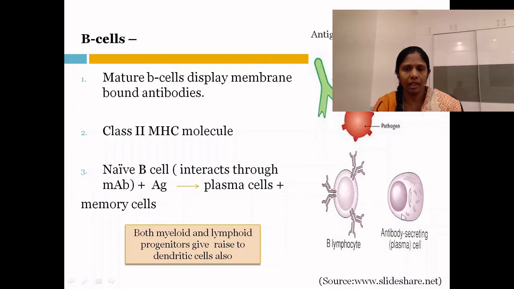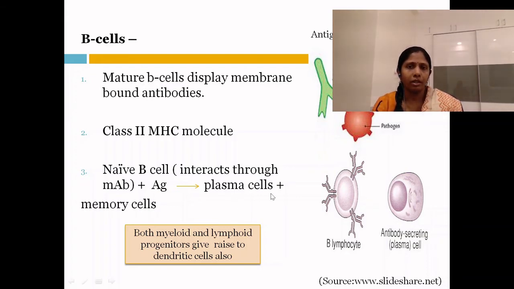The plasma cell is a form of B cell which lacks a membrane-bound antibody but is capable of secreting millions of antibody molecules into the tissue fluids. These millions of antibody molecules act as defense molecules for the host. They neutralize and precipitate toxins and pathogens and also help in their elimination.